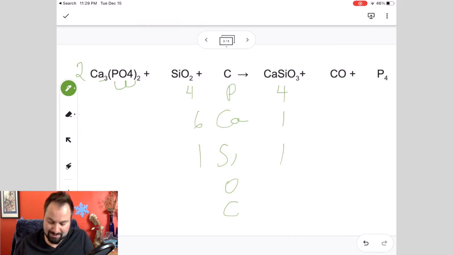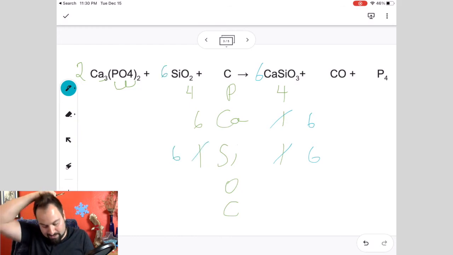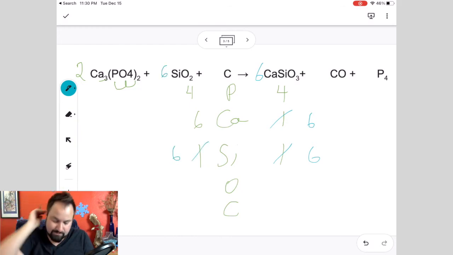So to deal with the calcium, that's the biggest guy here, we're going to put a 6 here. And so what I'm actually going to do is that one in a different color to indicate that's the second one we're going to do. So that's going to be 6 here. And then the silicon, we'll do the same thing. What that also means is we're going to need a 6 right here. And now that we've balanced the phosphorus, the calcium, and the silicon, we can look at the oxygen and the